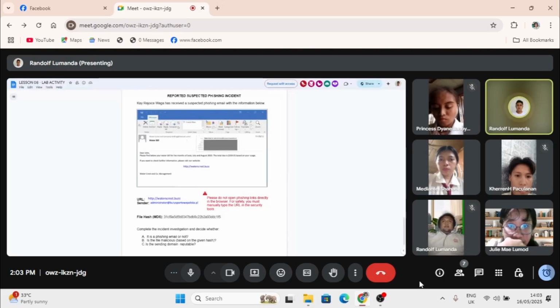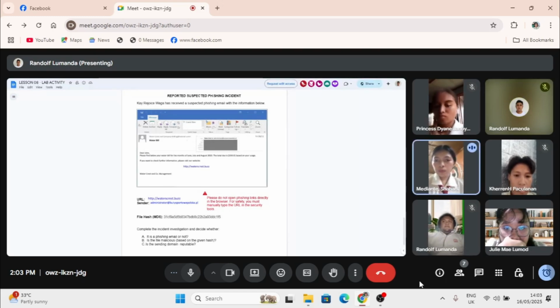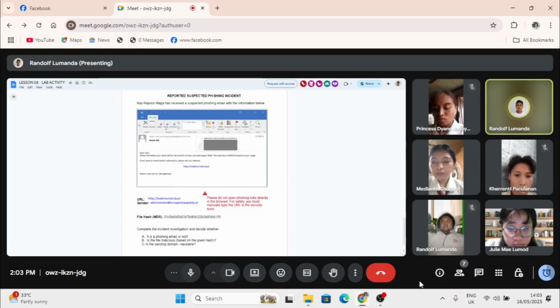What is an MD5 hash and why is it important? An MD5 hash is like a fingerprint for a file.